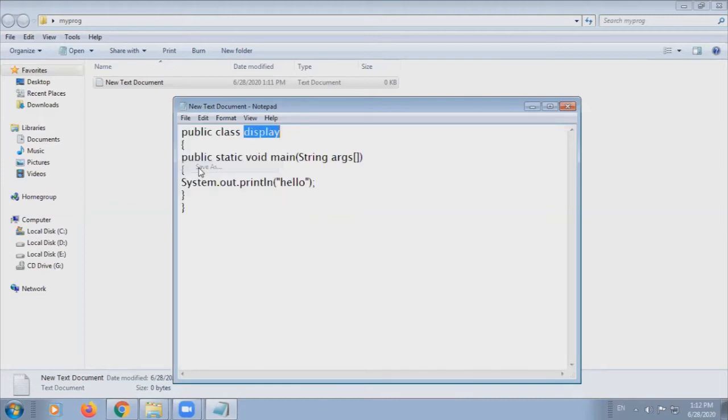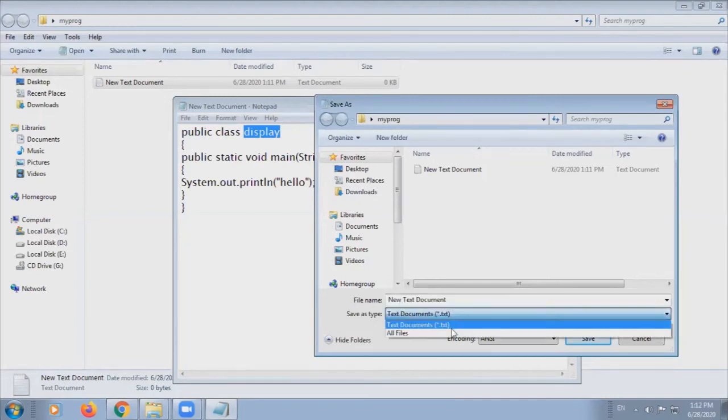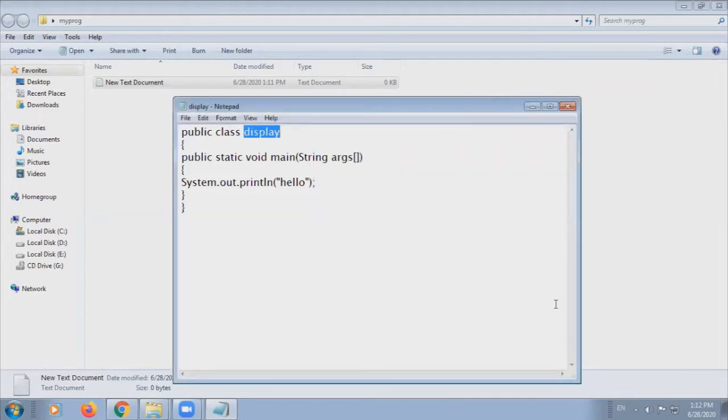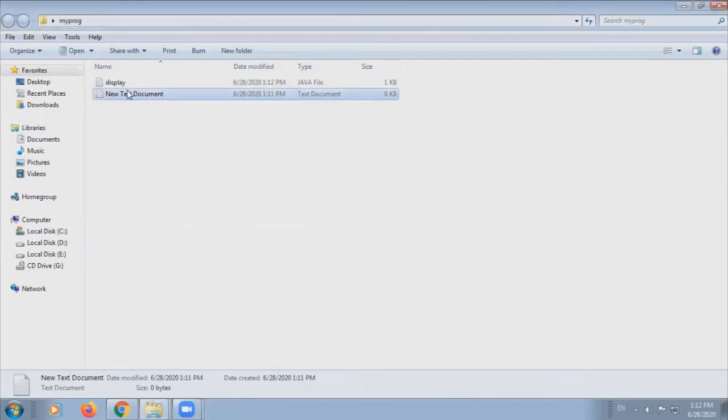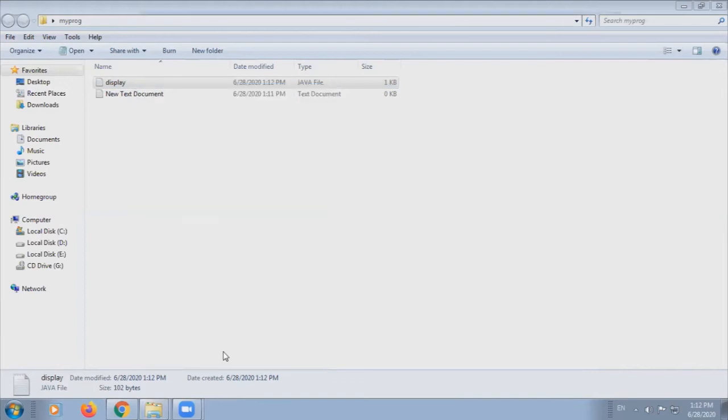Click on Save As, select All Files, and whatever class name you have given, suppose Display, save the file with the .java extension and click on Save. As you can see, in the folder that you created, a Display file is created with the Java extension. You can check the properties. It is saved as a Java file.